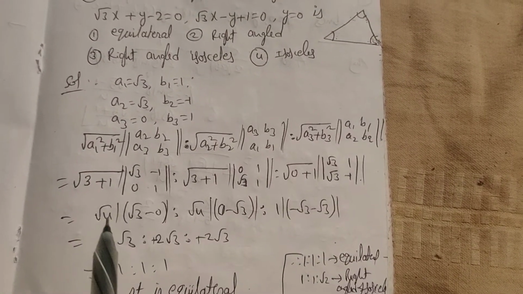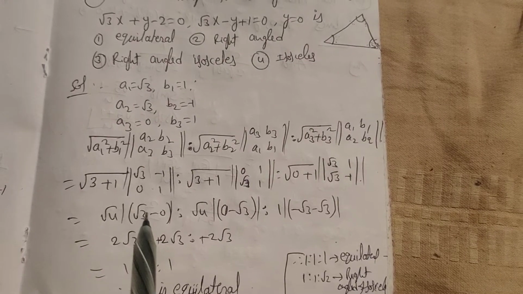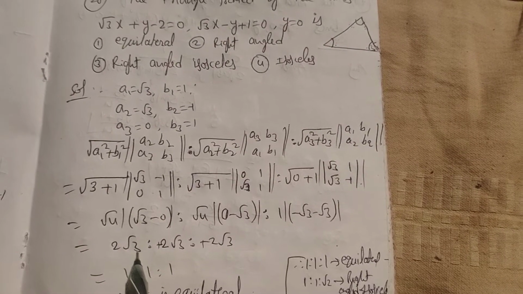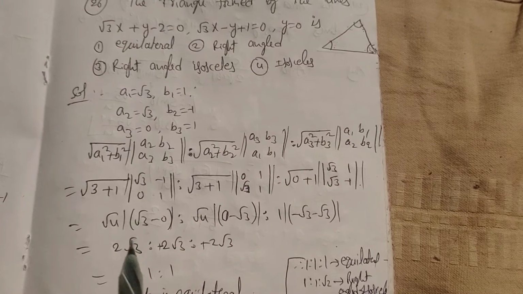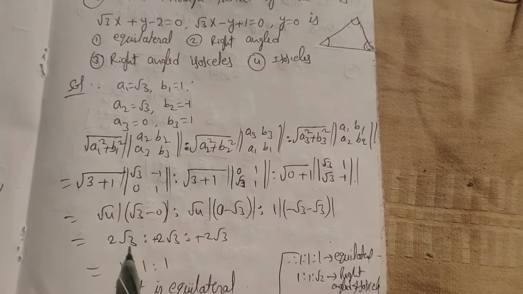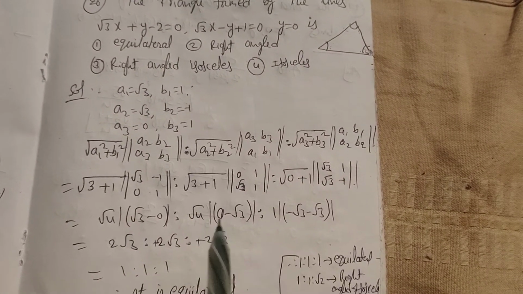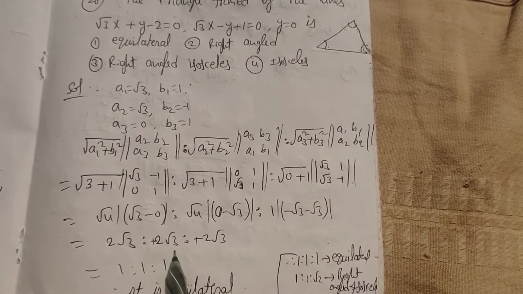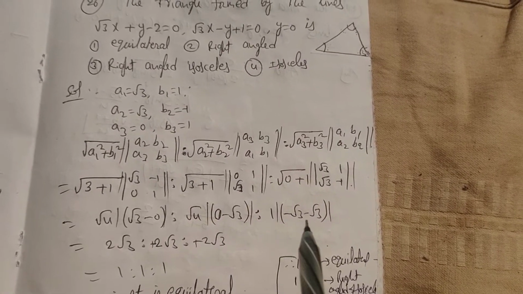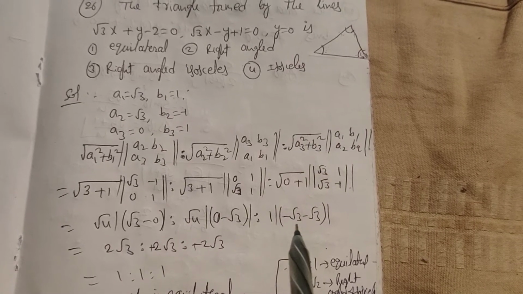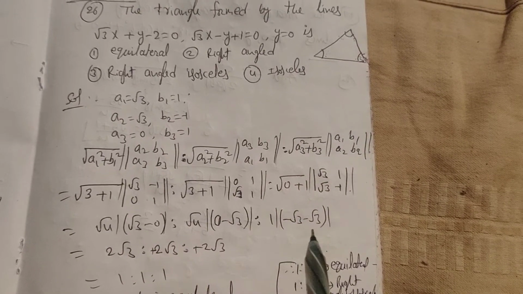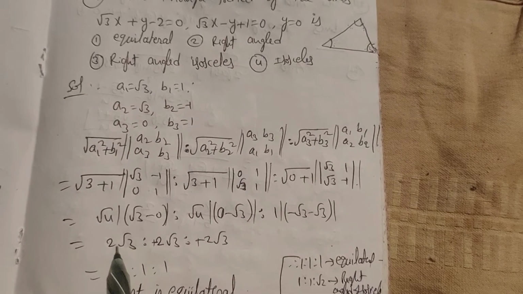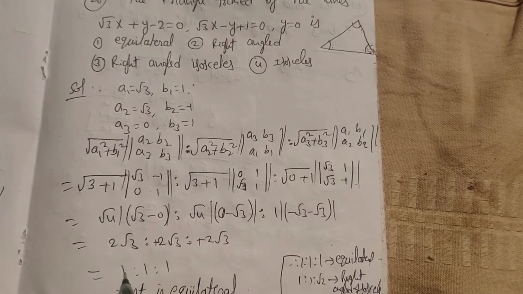If you expand, this is root 4 is 2 only, root 3 minus 0, that is root 3. So modulus is positive only, just write root 3 is 2, root 4 is 2, and modulus of minus root 3, that is plus root 3 only. So totally plus 2 root 3 is 2, this is minus root 3 minus root 3, minus 2 root 3. So minus 2 root 3 modulus is there, so we have to write plus 2 root 3. So all 2 root 3, 2 root 3, root 3 get cancelled,